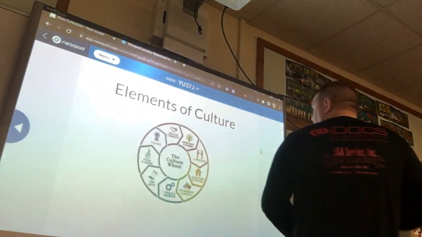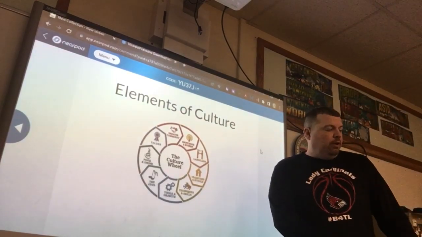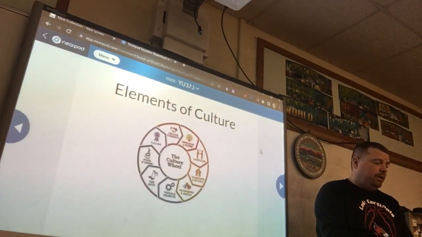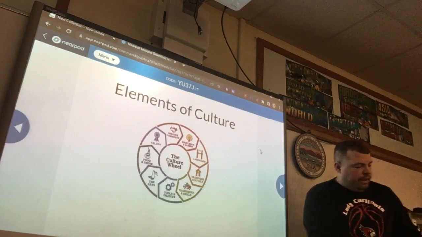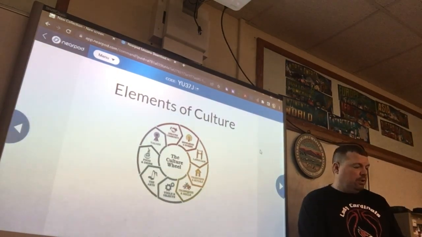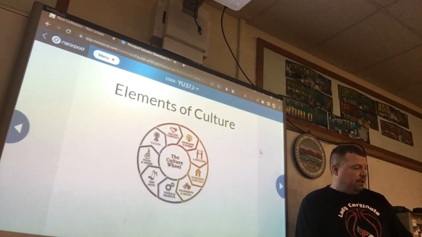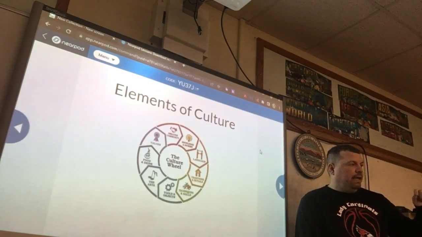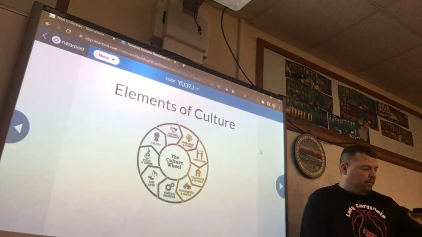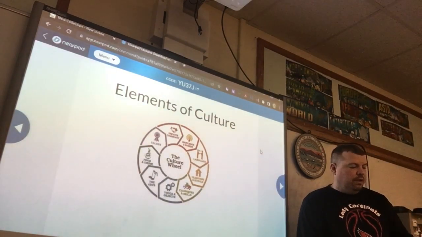So we have elements of culture. This is a pretty large section, as you guys saw. We used to teach 8 elements of culture. It's what the old book used to break it down in. This book does not do it the same way. So once we get through this, then we'll look at the parts more specifically, but we just got to get through the information first. So first off,